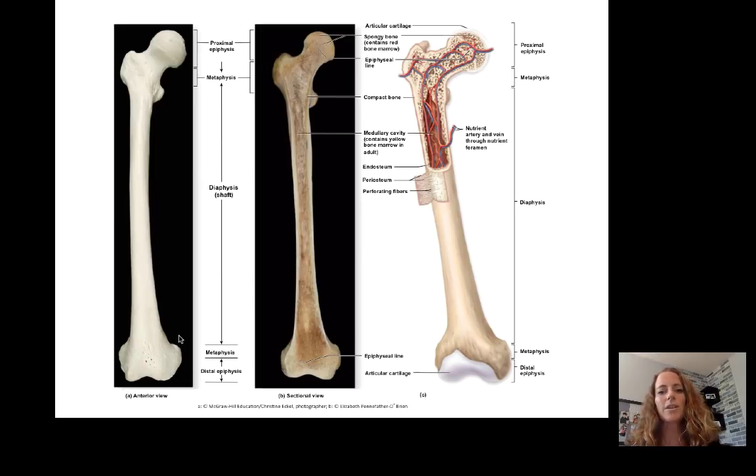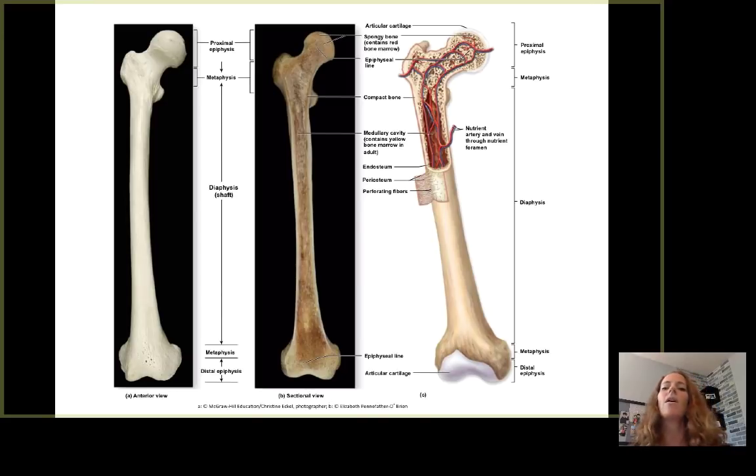Here's a better picture of a real long bone, and you can see the cross-section of the bone. I like this one because you can see all of that blood supply in there. You can also see the spongy bone, which is here, primarily in the epiphysis, and also lining the internal cavity. So in the middle here, in the diaphysis,